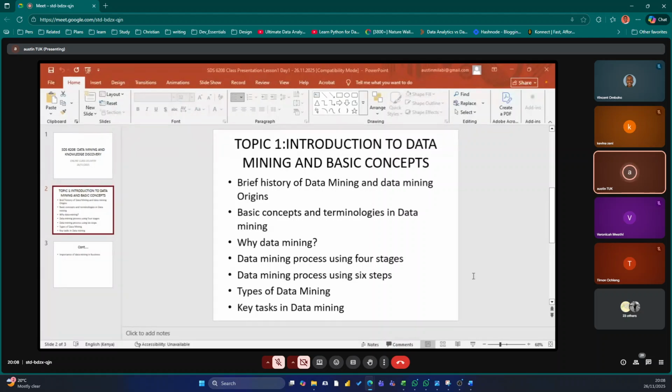The last item I want to talk about is the importance of data mining in business. We have several areas that make data mining important, because we cannot just say data mining is important without having empirical evidence, that is, without having proof.